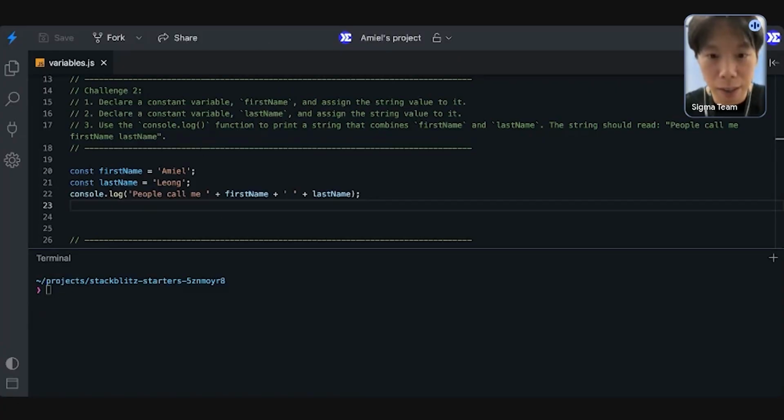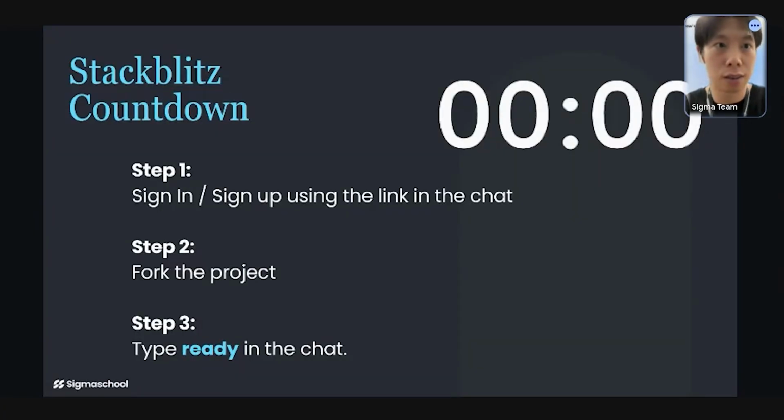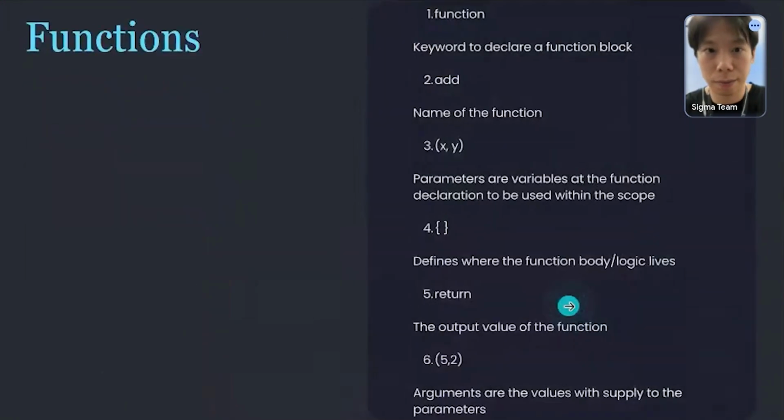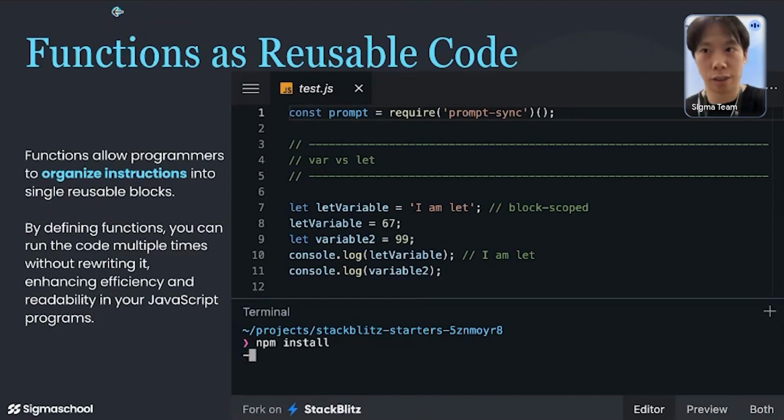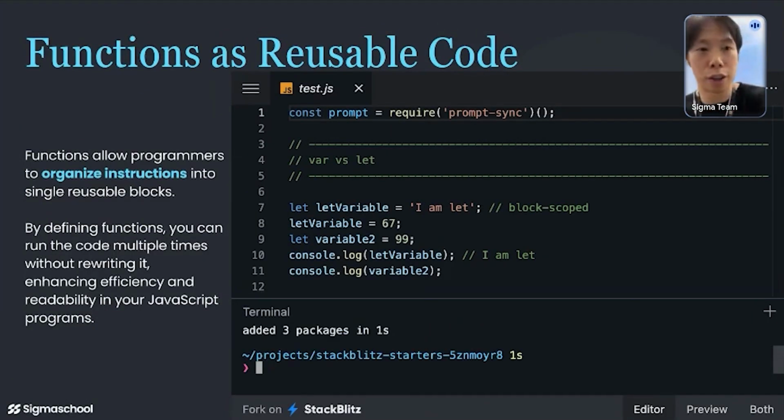Now let's go back to the slides and touch on functions. Okay, so what are functions? Now we understand what variables are. Functions allow programmers to organize their instructions into single reusable code, right?